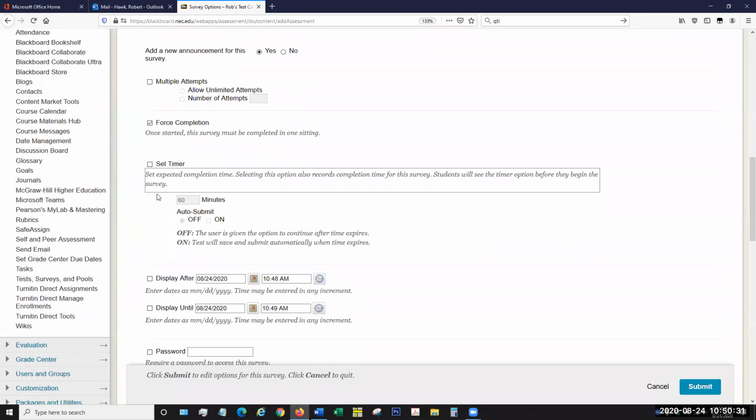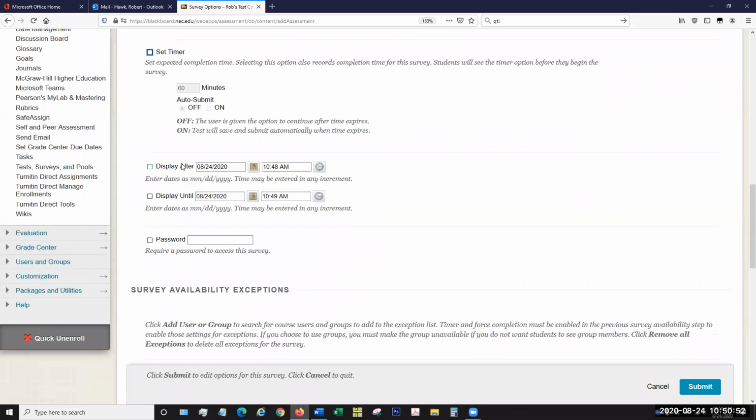Do we want to set a timer? I'm not going to set a timer for the survey, but you can do that very much like a test. You can set the timer, say how many minutes you want it to be for, and then do you want the survey to auto submit itself once the timer has run out? And then you can